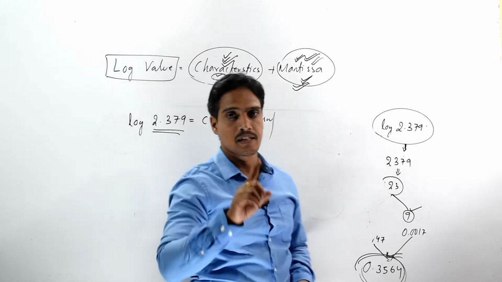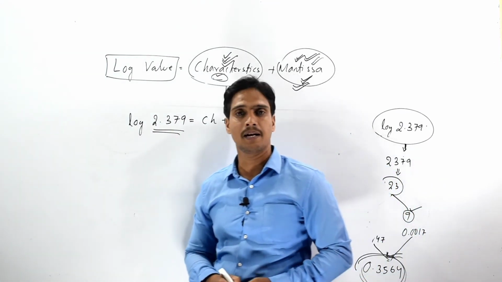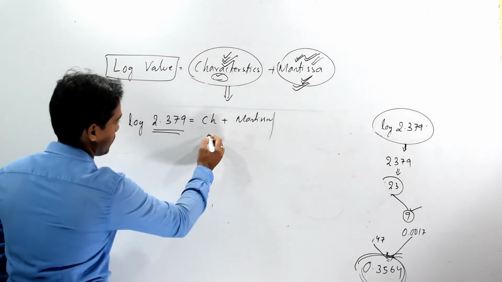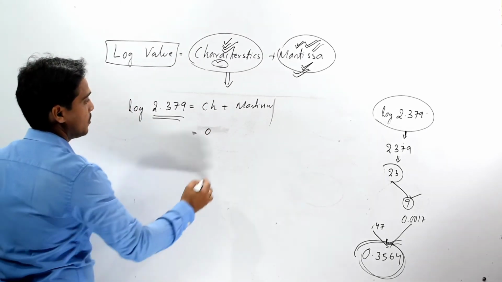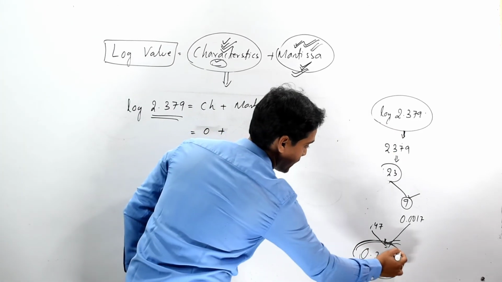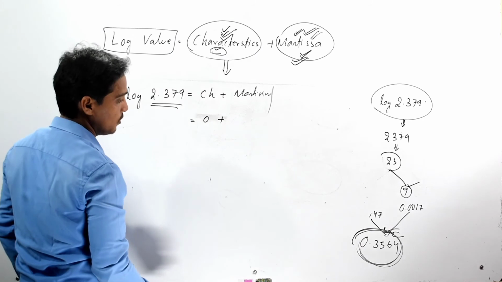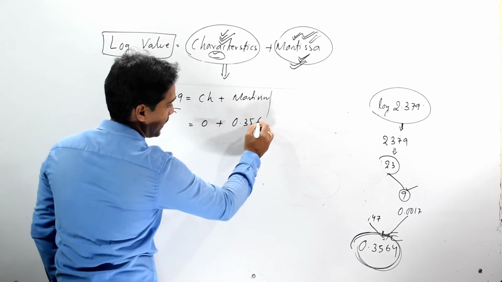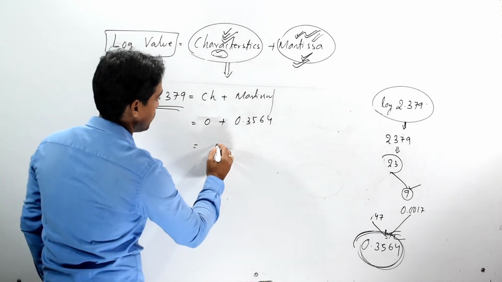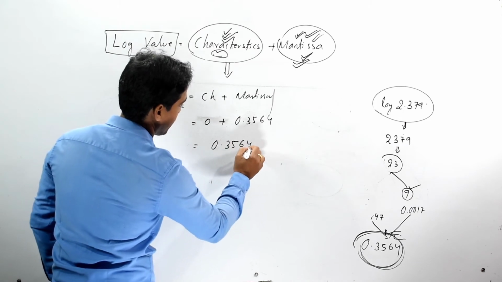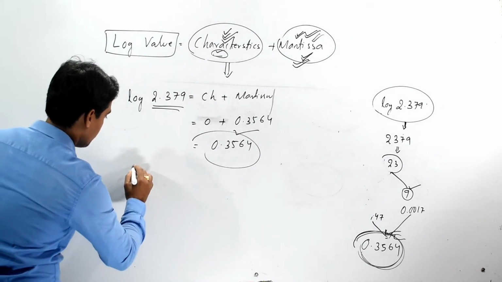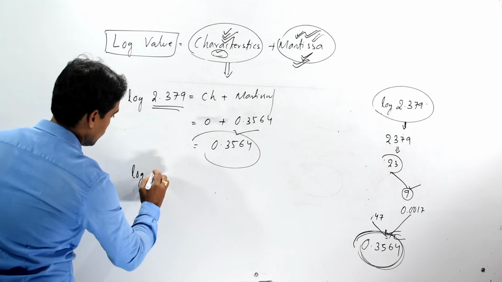That means some digits are present before the decimal point. Here one digit is present before the decimal point, so our characteristics 0 plus value of the Mantissa, which is calculated here by reading our log table, that is 0.3764. So our log 2.379's value is 0.3764. Let's compute another one, that is log value of